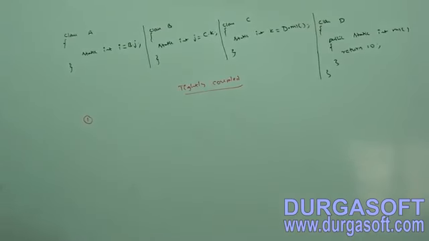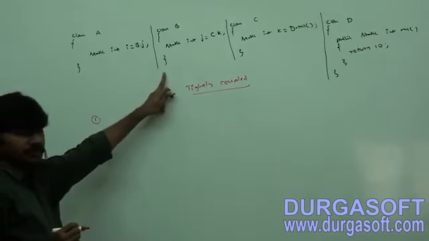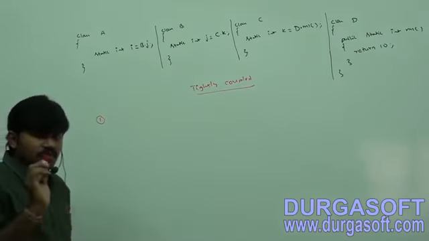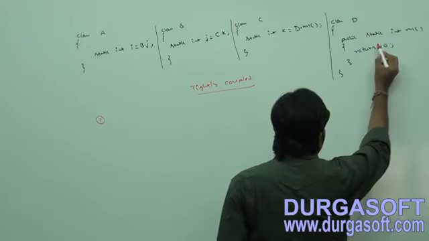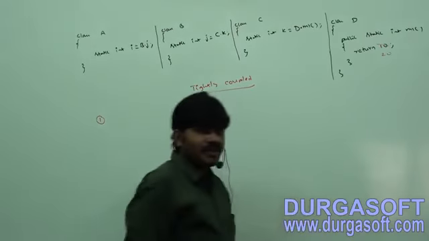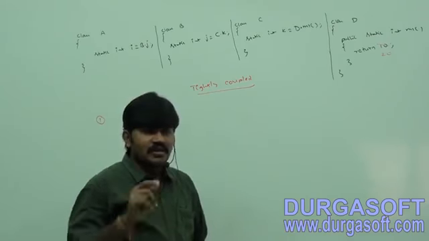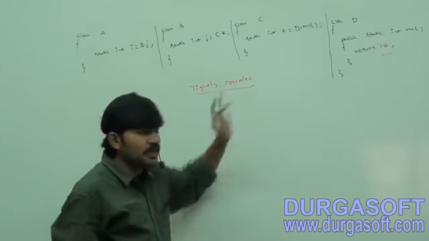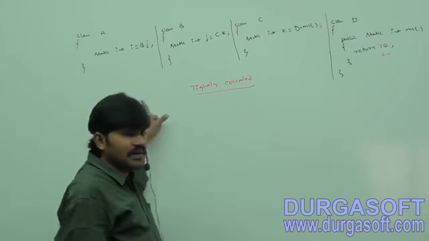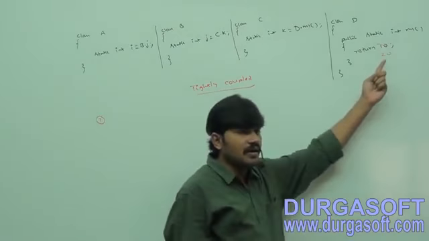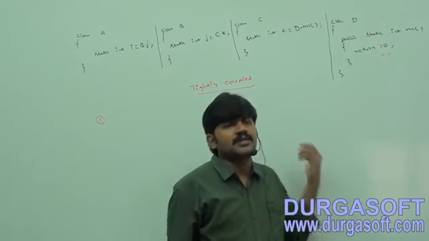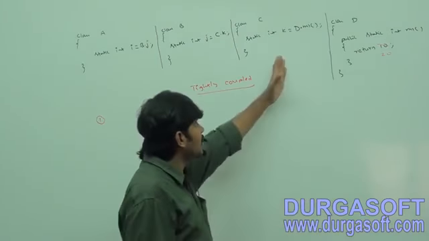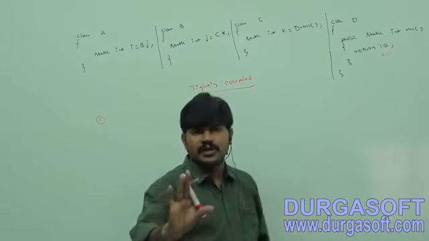First problem: here A is depending on B, B depending on C, C depending on D. Suppose tomorrow I change the value 10 to 20, then how many people are going to be affected? All the people, right? Because for all these people earlier the value was 10, but now the value is 20. Sir, I changed it only here. Why are all the people going to be affected? Because all these people are depending on this component. So without affecting the remaining components, we can't modify any component.